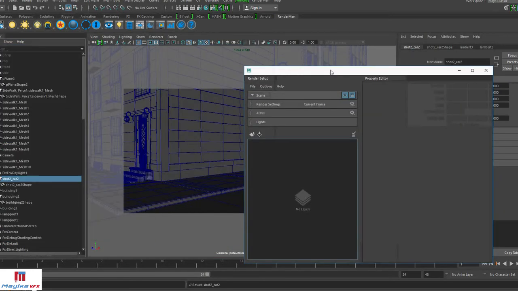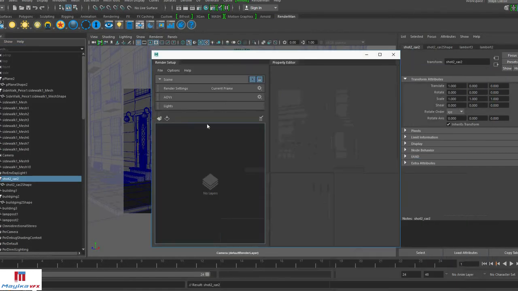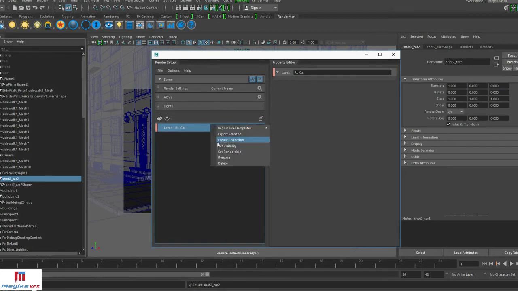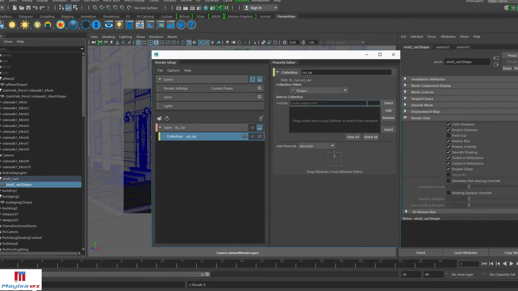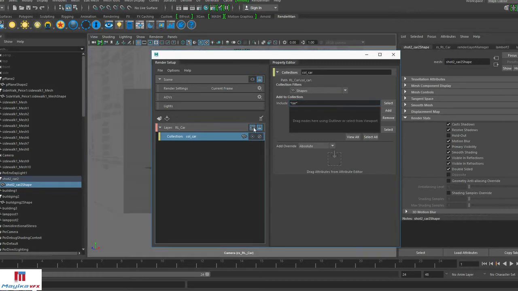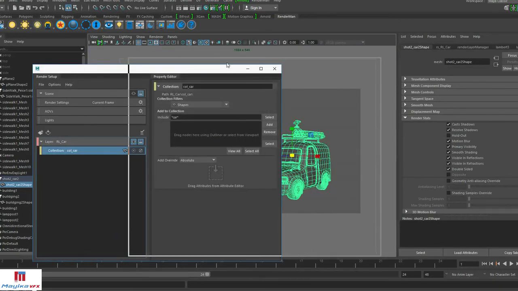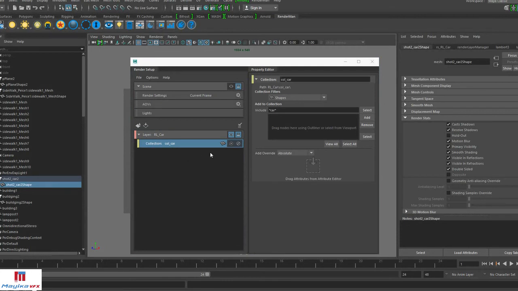Till now we understood how to create collections, how to create render layers, how to add objects into collections and edit object settings. Now let's understand how we can save all of these and reuse them. So we can create a render layer here and we create collections. Let's add collections with wildcards so that even if the name changes in any other shot, it will work directly without any editing.